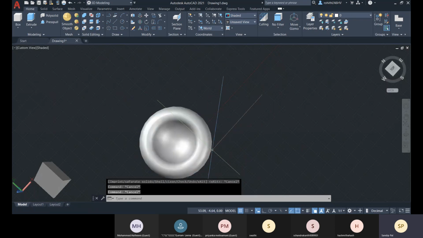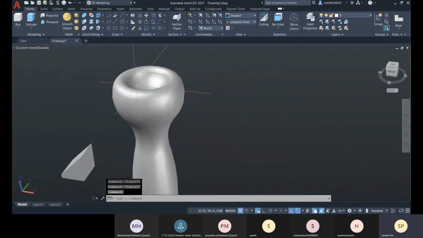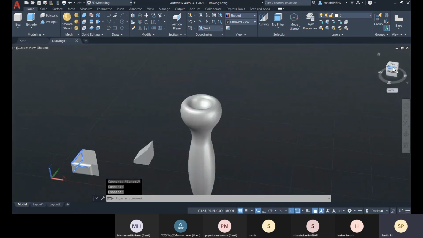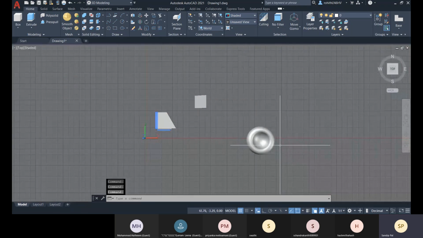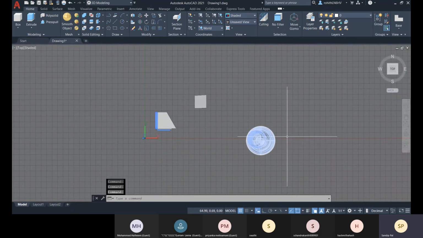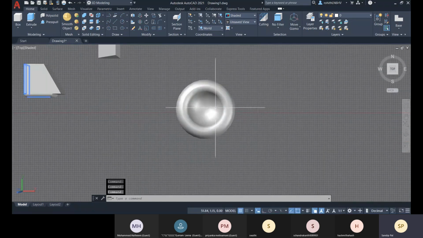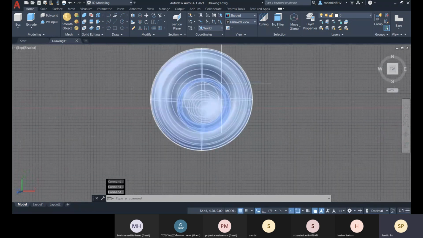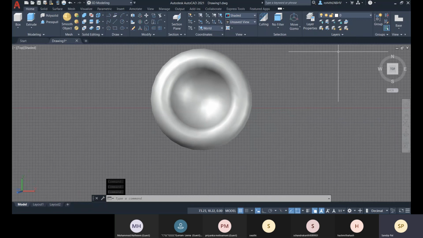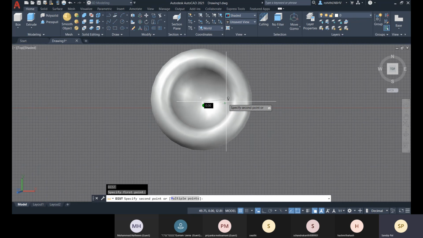So the value is not proper here. Let me check from the top view. That should be 10, enter. Okay, that is totally 10.